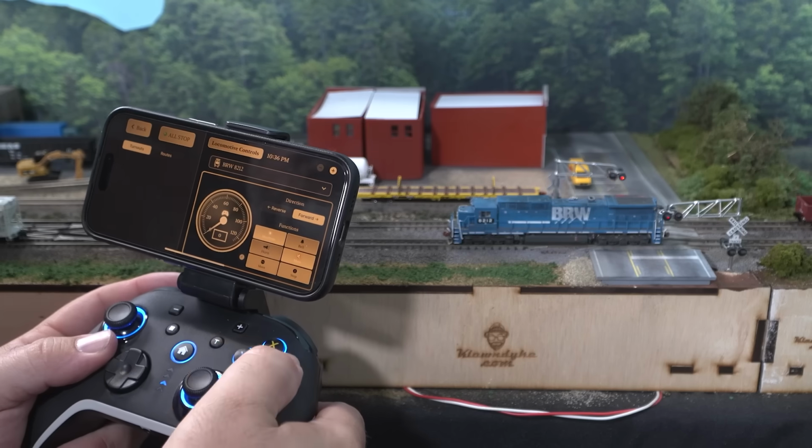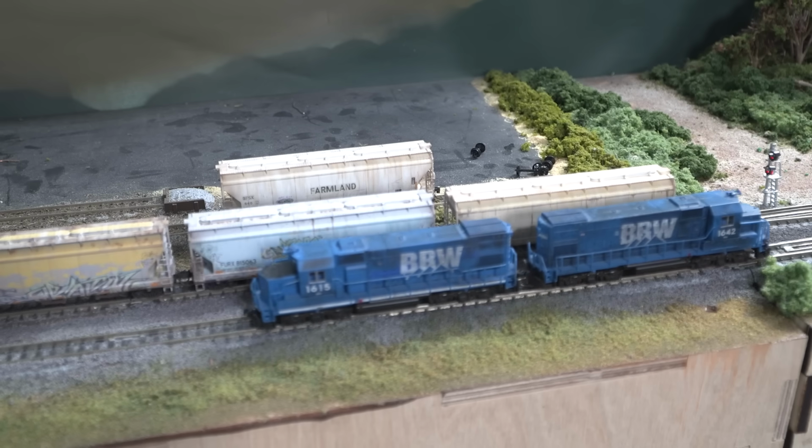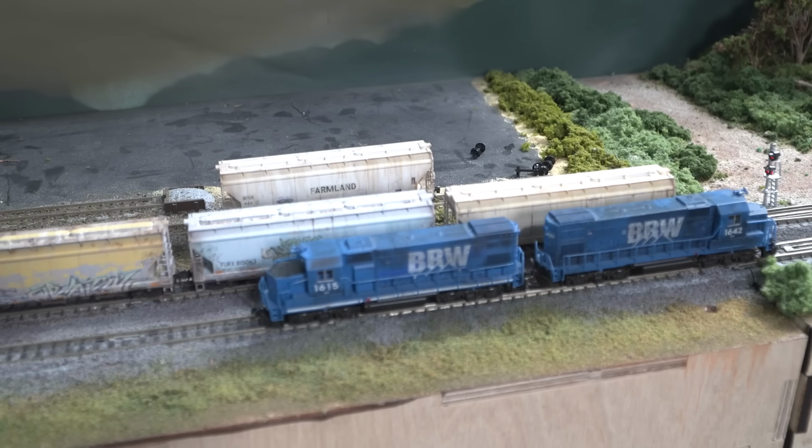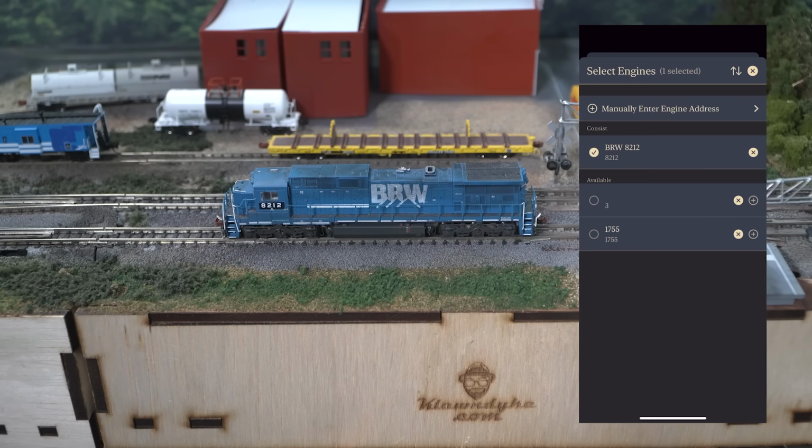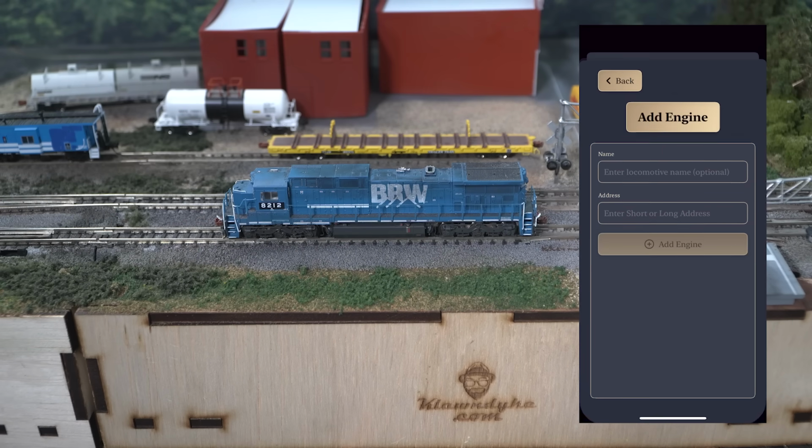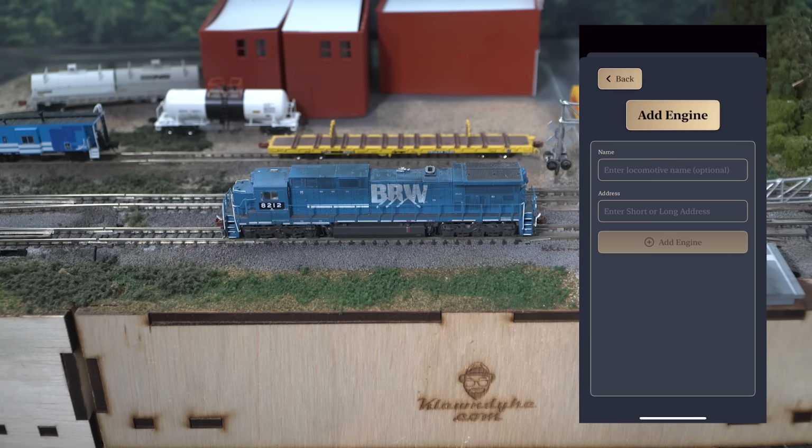Throttle Card is honestly the most impressive app I have seen for model railroading on iPhone. It is truly a modern app with modern features. There are free and paid versions. The paid version is a $10 a year subscription, and you get game controller support with that, control of multiple trains simultaneously, in-app consisting, creation of routes for turnouts that are controlled by DCC, and if you're using DCC-EX, you